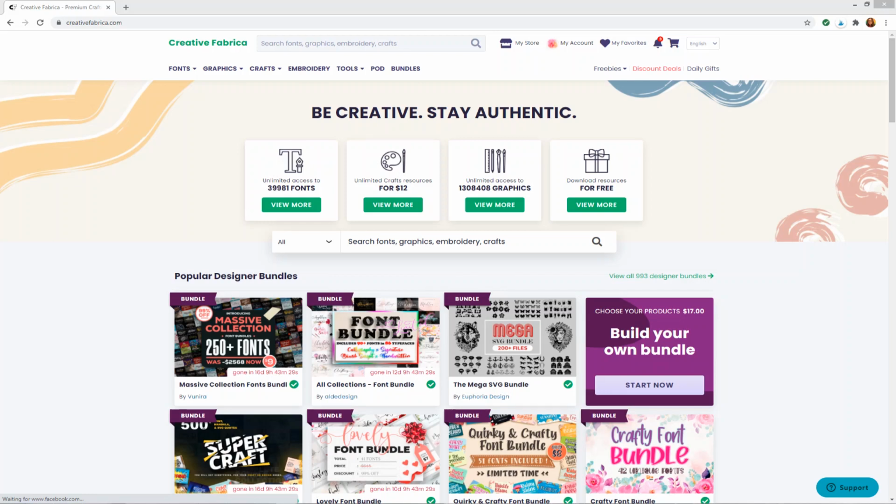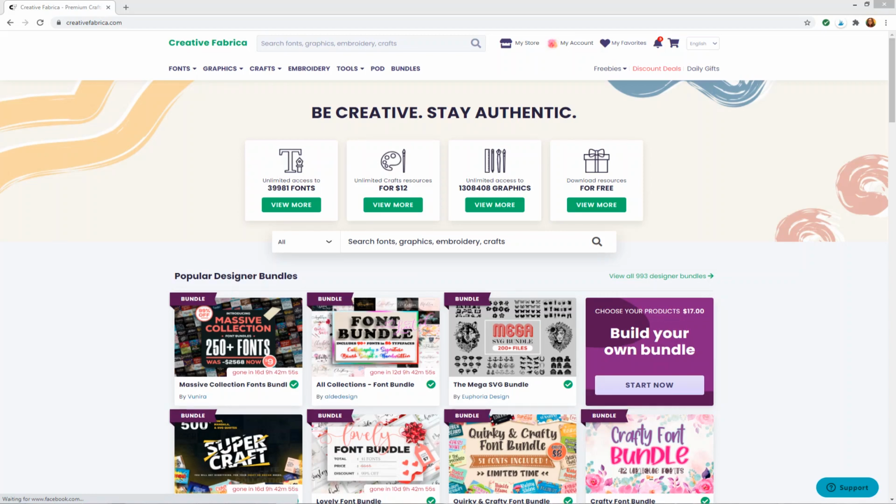When you're adding new fonts into Cricut Design Space, you want to install the fonts to your computer or your device before you open up Design Space. That's because Design Space won't be able to read them on your machine unless you install them before you open it. So using fonts is different to using SVGs. With a normal SVG file, you would upload it in Design Space itself. But with fonts, that's actually a file which needs to be installed on your particular computer or device, which is why we need to do it first.